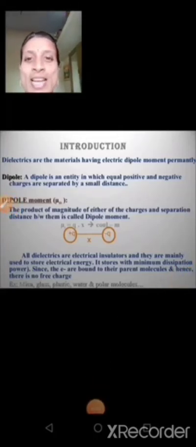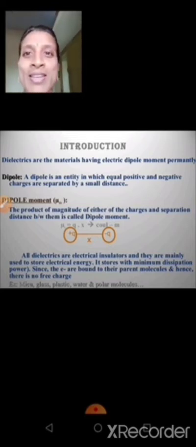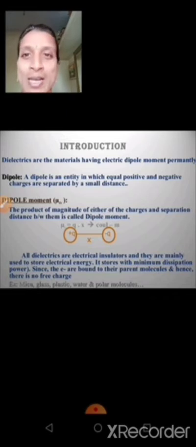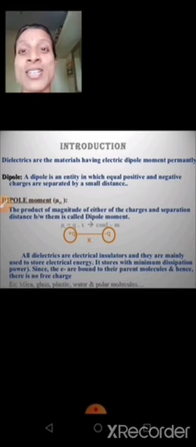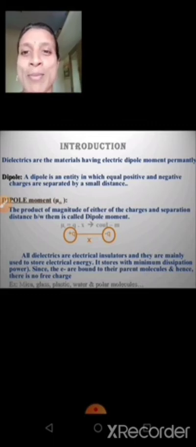Today our lesson is about dielectric materials. Dielectric materials we learn in this electricity lesson, and these materials are classified into two types. They are nonpolar materials and polar materials. In nonpolar materials, positive and negative charge coincide, so due to coincidence, there is no net charge. Next, polar materials: separation of the constant positive charge and negative charge comes under polar materials.